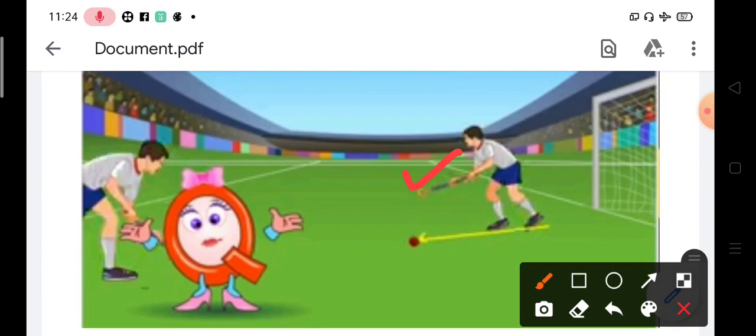Okay, so this ball is in contact with the ground, and as it moves, the speed of this ball decreases because it is in contact with the ground. The contact of the ball with the ground results in friction, which acts in the opposite direction. The ball is moving in the forward direction, and the friction, or the force applied by the ground on the ball, is in the opposite direction. Okay, it means forward and backward. The ball is moving forward, and the friction is acting backward.